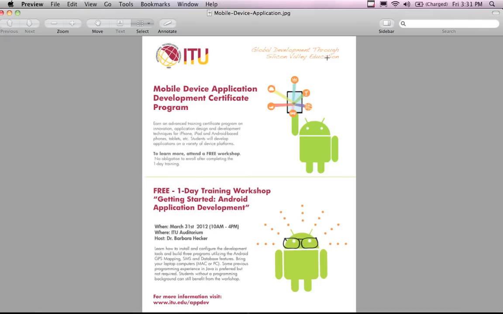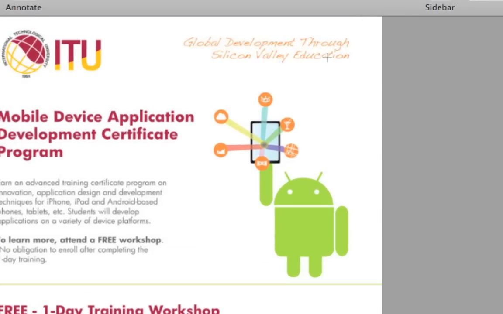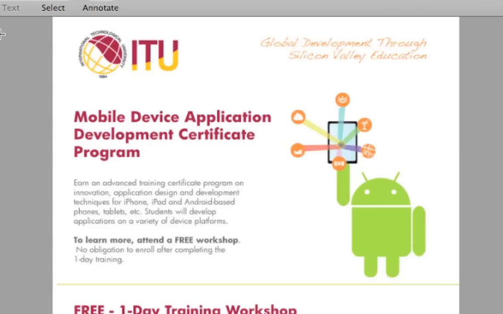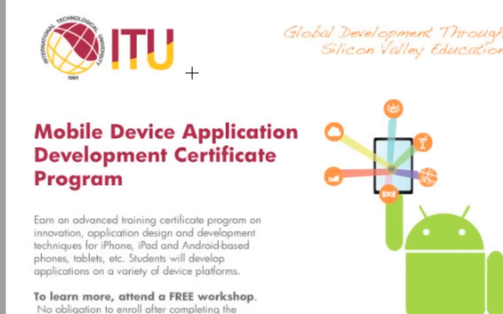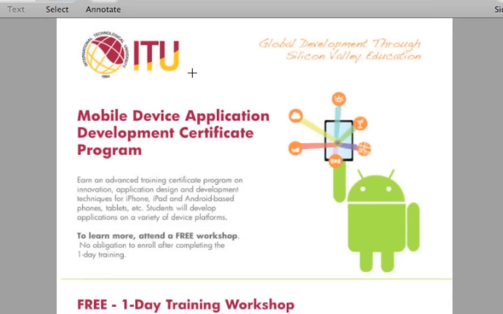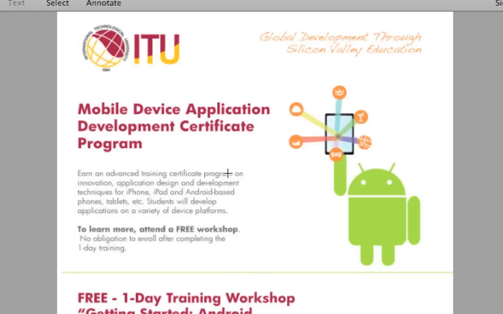And you're looking at a flyer for the program, and let me make it a little bit bigger so you can actually see what I'm talking about. It is being offered by a kind of a new school in the San Jose, California area, and it is offered on campus in San Jose, California. So in order to attend the workshop, you really got to be local, unless you're going to commute to it. I guess you could commute from other areas around California, but it is designed for local people.